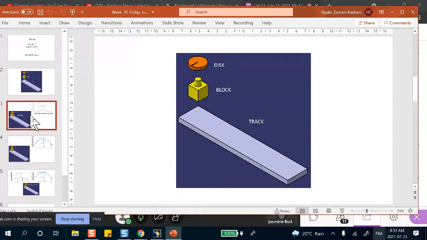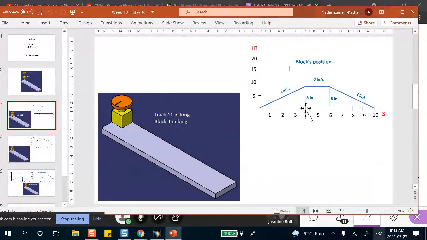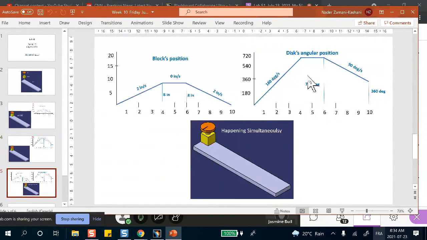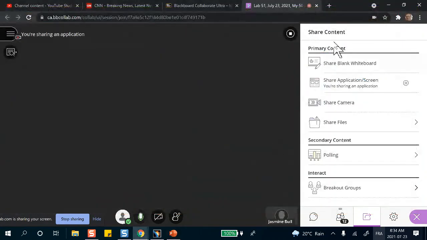For example, later on I'm going to say, during the first 4 seconds, the speed of the block is 2 inches per second, and then in the time interval 4 to 6, the block doesn't move at all, and then from 6 to 10 seconds, the block goes in the opposite direction. That means the speed is negative at the same velocity as how it started. And this is the profile for the disk. This was for the block, this was for the disk, and of course, when you put it together, both of these are the inputs to the problem. But first, let's start with a constant